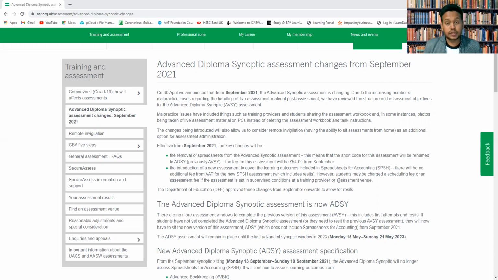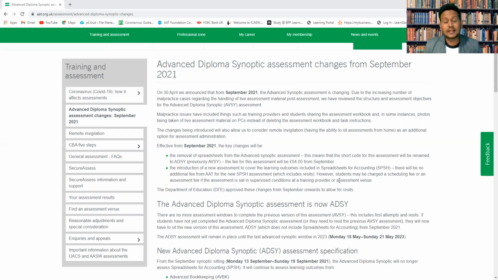On-demand exam means you can do the Excel anytime you like. The spreadsheet exam you can do before your synoptic, or you can do after your synoptic. For example, if I have passed all the papers relevant to my synoptic, that is advanced bookkeeping, management accounting, costing, then final account preparation, and once I have done these and the ethics, I'll be ready for my synoptic paper. During the synoptic exam, the spreadsheet will not be tested.